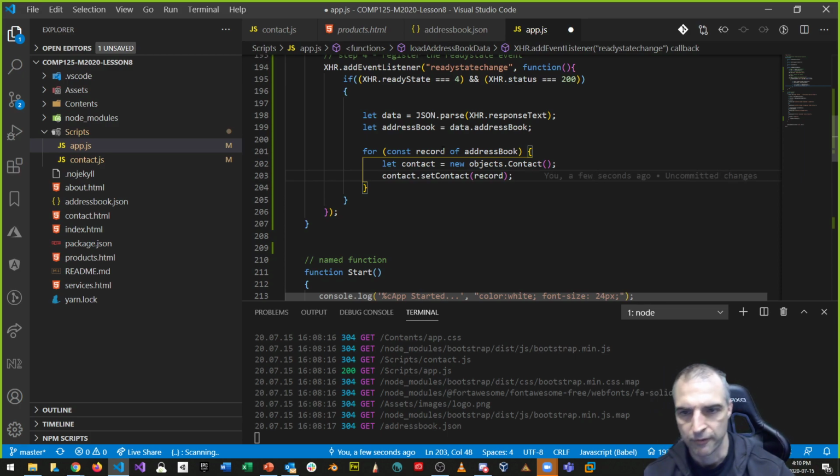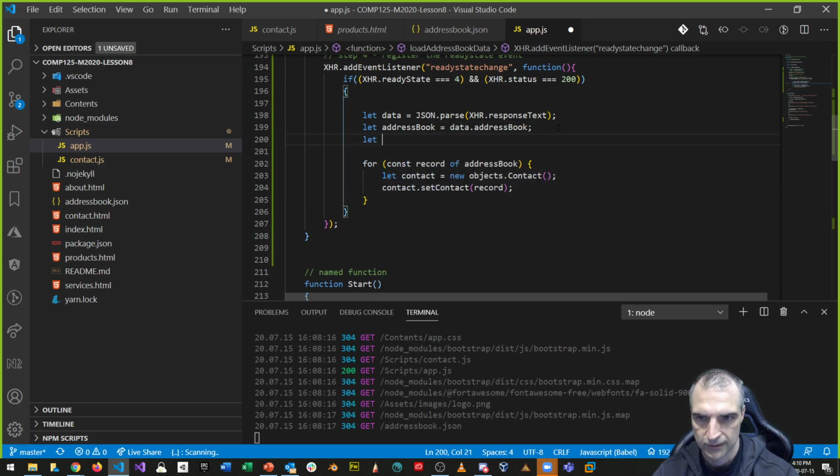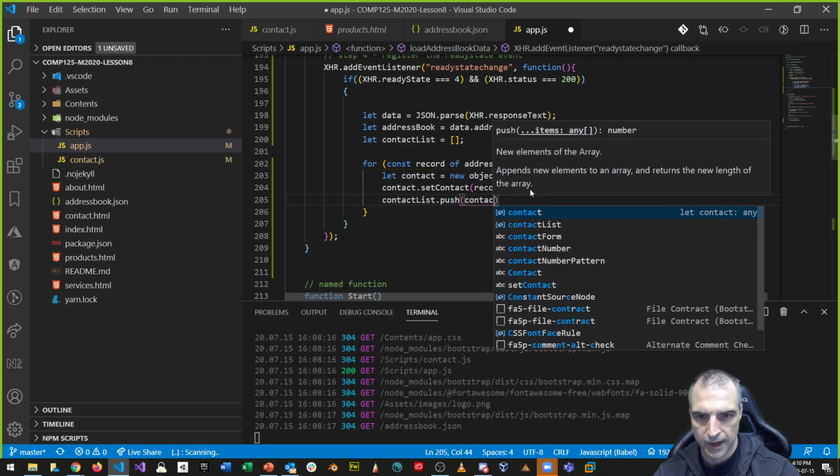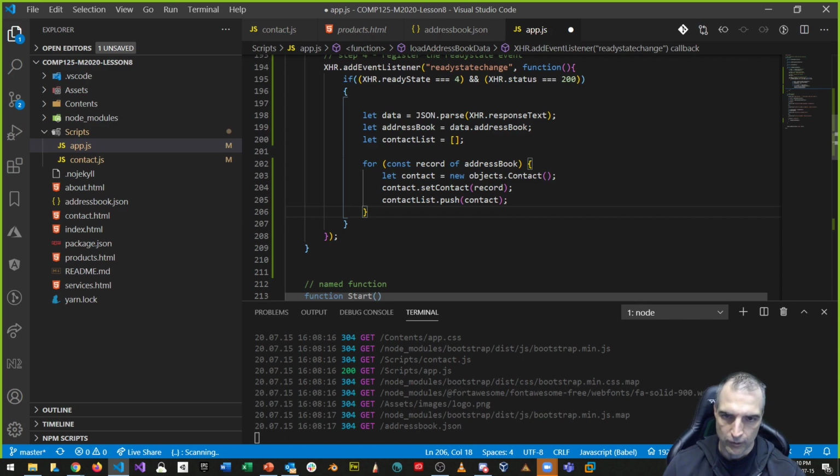And then, if I want to make a contact list, I'm just really being verbose here. You don't have to do it this way. My contact list is an empty array. Then I can append by saying contactList.push(my contact). So for every record in the address book, let my contact be a new contact. I'm taking the basic constructor that has default values of nothing, just a bunch of strings, and then I'm using my setContact